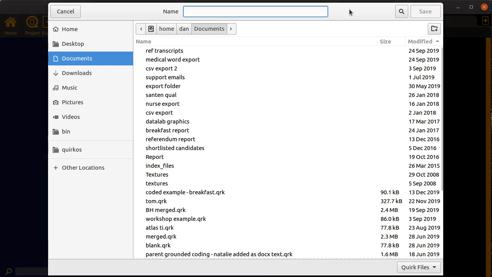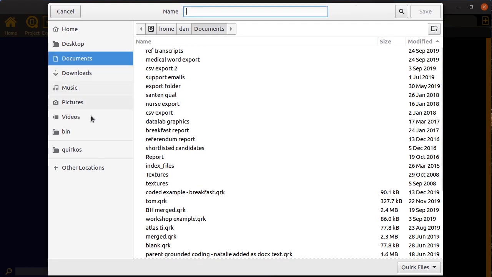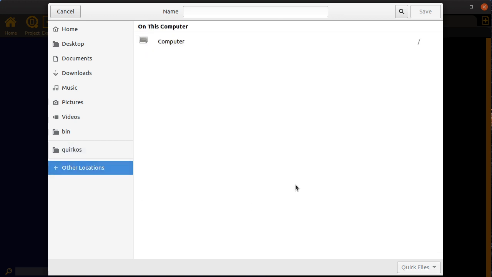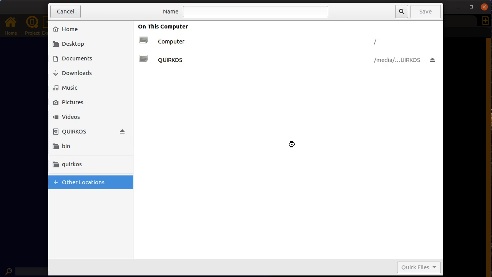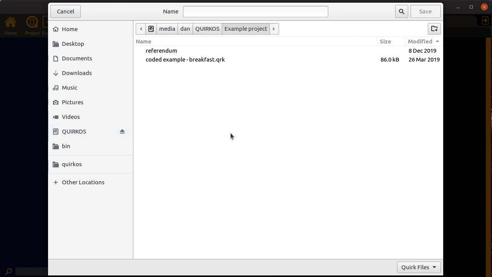If we're creating it online on the cloud, then that means that we actually don't have any need to save it anywhere else. So it won't ask you to actually put in a save location, which is what it's doing for me now. And I'm just going to put in here actually a USB stick, and this has got some example data which you can also download. So we're going to go to the example project,